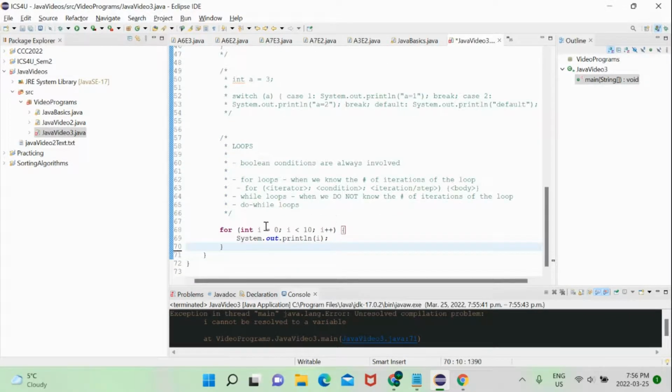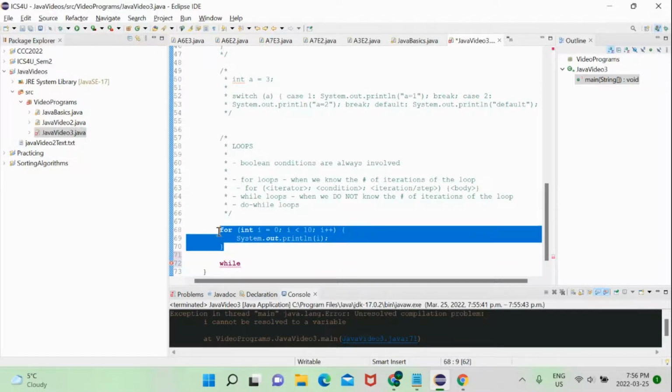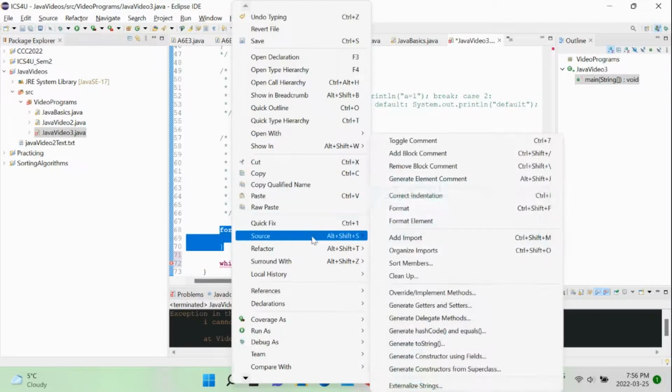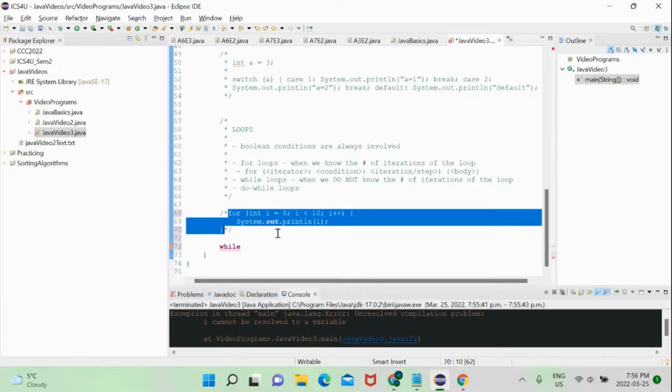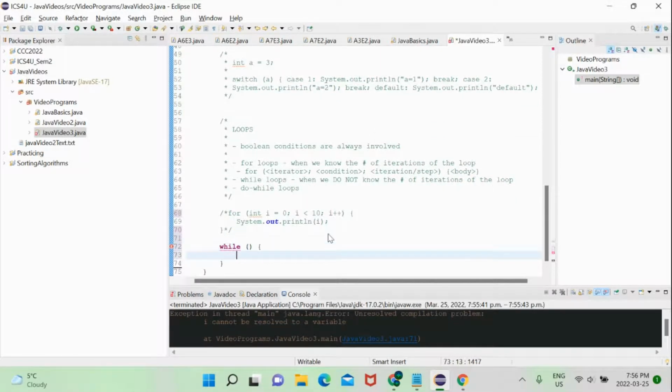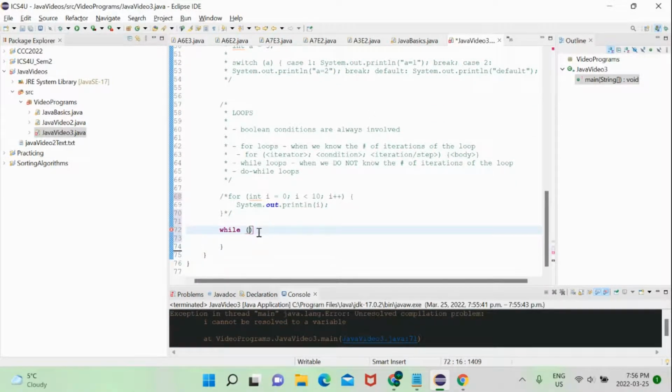So essentially, that's all there is to for loops. Now, while loops. I'm just going to comment this out. Okay, so while loops are slightly simpler, actually. Of course, they follow the same general form as a for loop. Instead of for, we have while. We have the parentheses and curly braces specifying the body of the while loop, what actually needs to